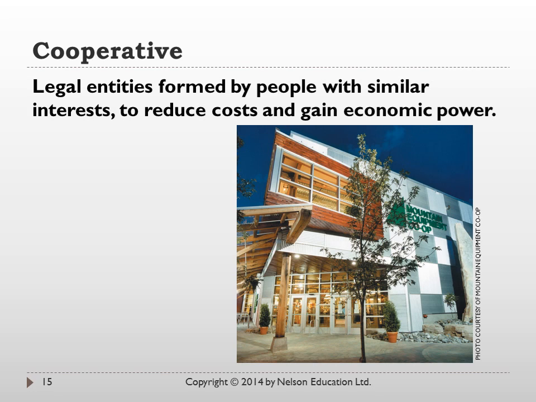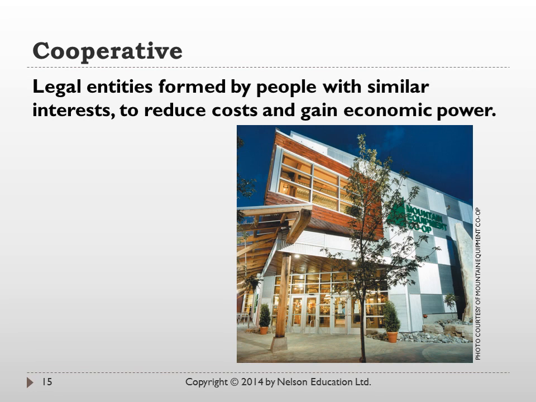The second is the control structure. So in most businesses, or in a corporation for instance, each share entitles the shareholder to one vote. So in a corporation, you can have majority shareholders who really control the board of directors or control the corporation. Whereas in a cooperative, each member gets one vote. So there is no differentiation between ownership interest in a cooperative, unlike a corporation.